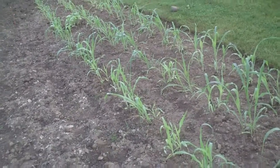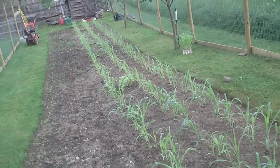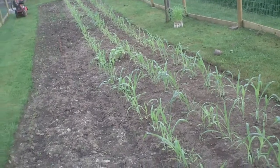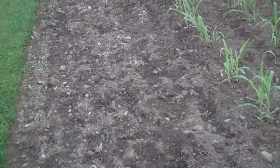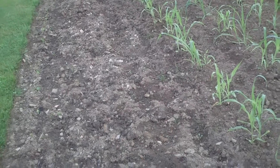And then I used to grow sweet corn, but every time I grew sweet corn I had a problem with raccoons. For some reason, I guess they smell it. As soon as the stuff got sweet, they were over the fence ripping the stalks down and eating all the corn, so I didn't bother growing sweet corn anymore. I just go down the road. Guys around here grow a lot of it. Anyway,